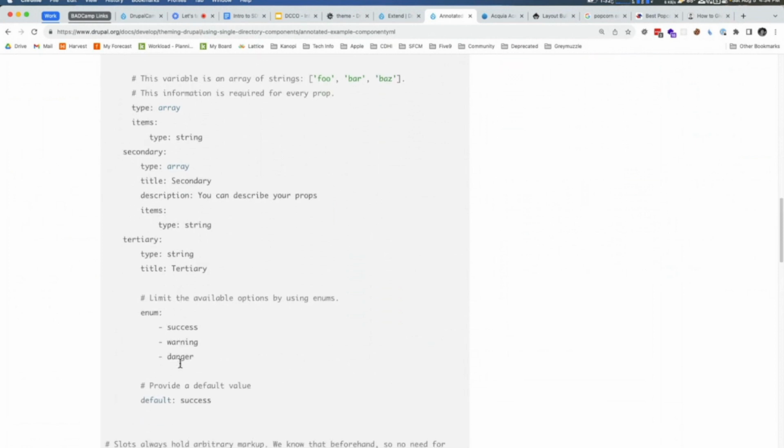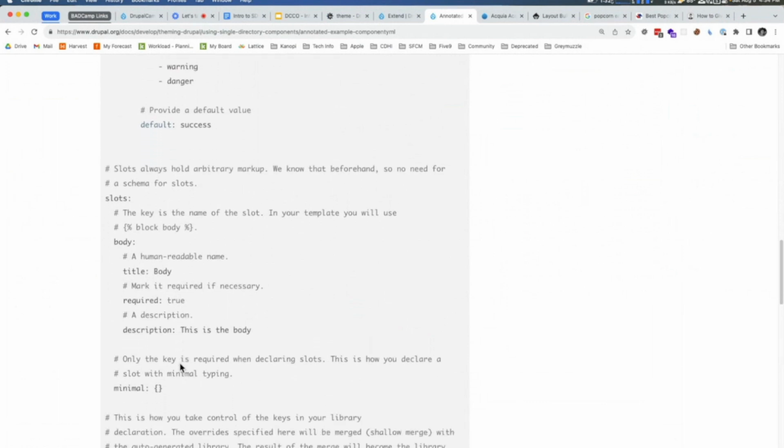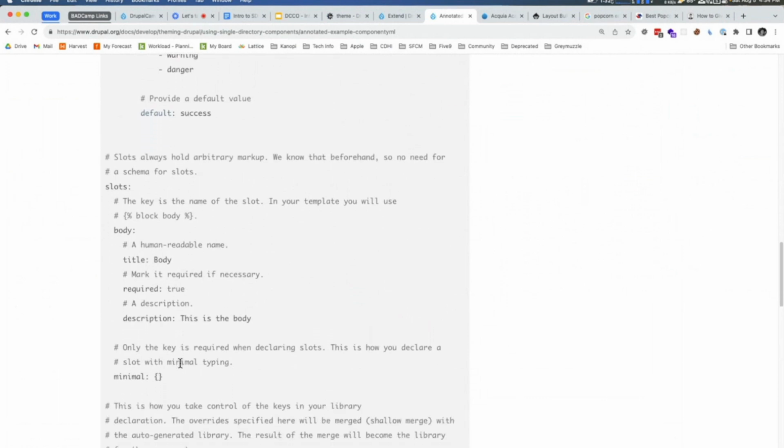One thing I'm going to get into later is another thing you can define are slots. If you're familiar with Twig, Twig has a concept of blocks. Same thing, slots, blocks. The only difference is these are defined as slots. And we could define a slot of the body. And the difference between that, I'll go into that later.